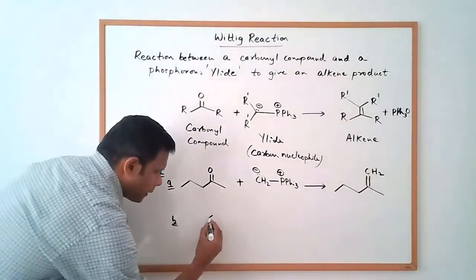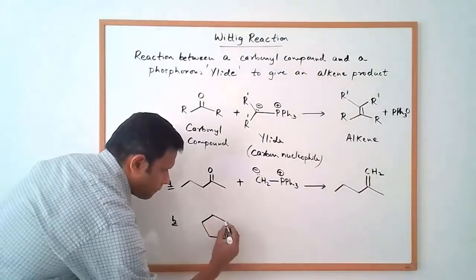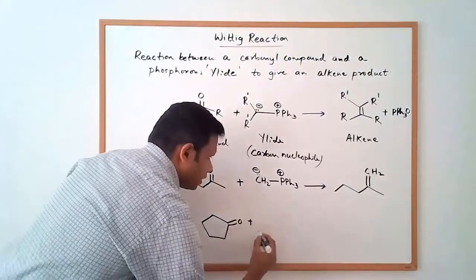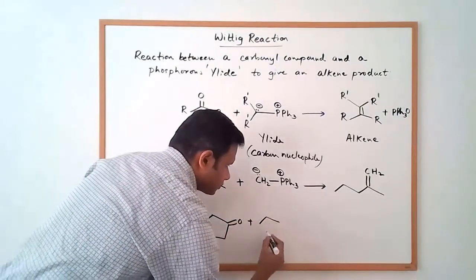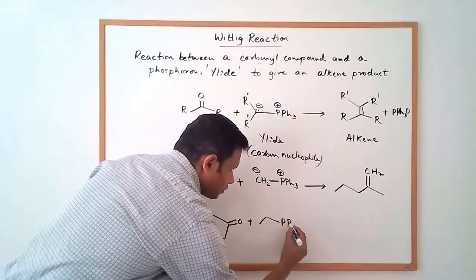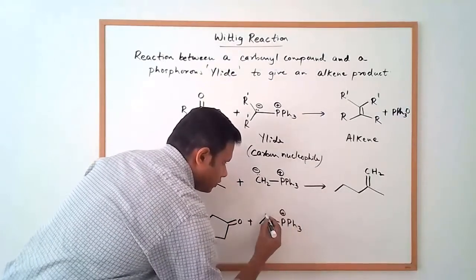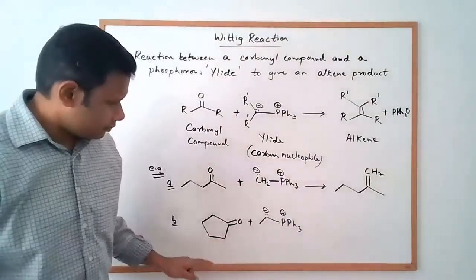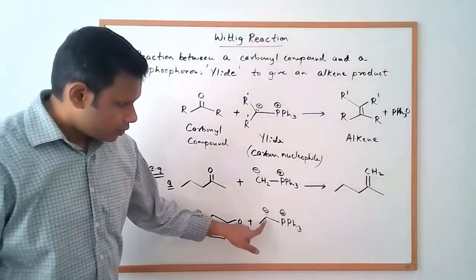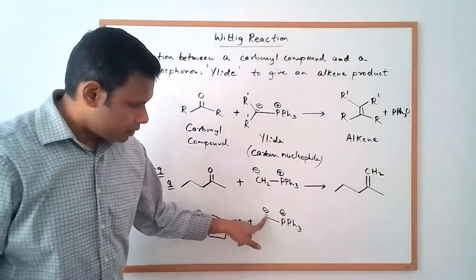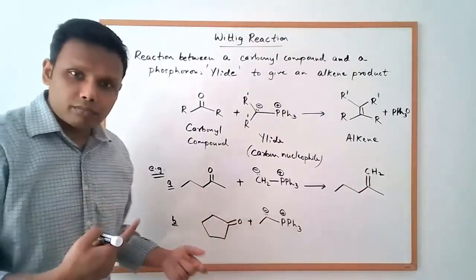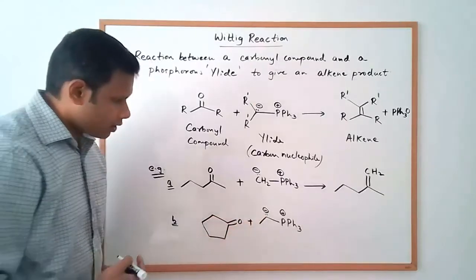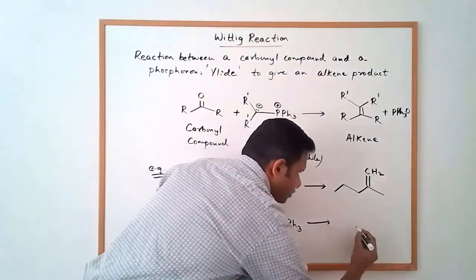Let's look at another one. Say we have a ketone, and we react this with a different ylid now. That's the ylid this time, and that's the ketone. So the ylid is the carbon with the negative charge. And now if you consider the bond line structure, the Lewis structure, there is a hydrogen on that carbon, and there's a methyl group on that carbon. So the product that we're going to get here